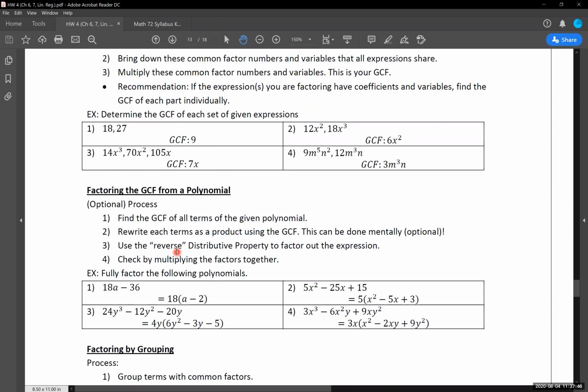Essentially like a problem that we started with in chapter 6. So it's this polynomial times this polynomial or something to that effect. And we'll see examples of that here shortly. And you can check your answer then by multiplying the factors together if need be. So just multiply everything out. If I get what I originally started with, bam, I've got the right answer. I'm good to go.